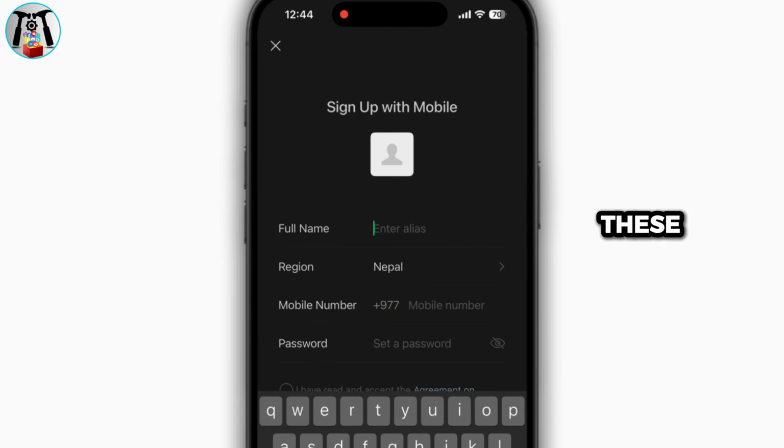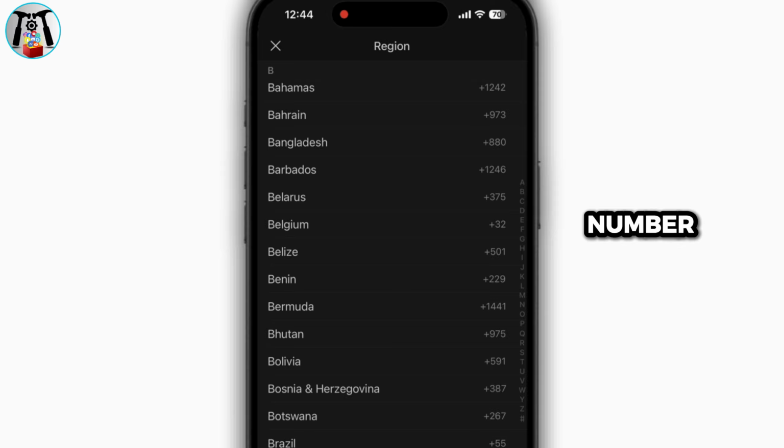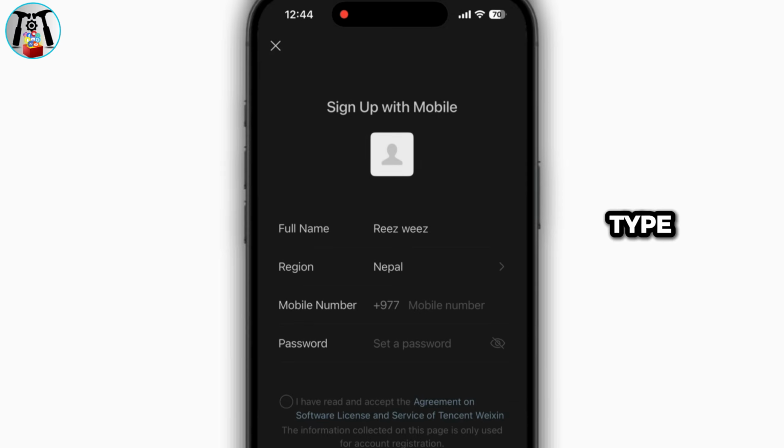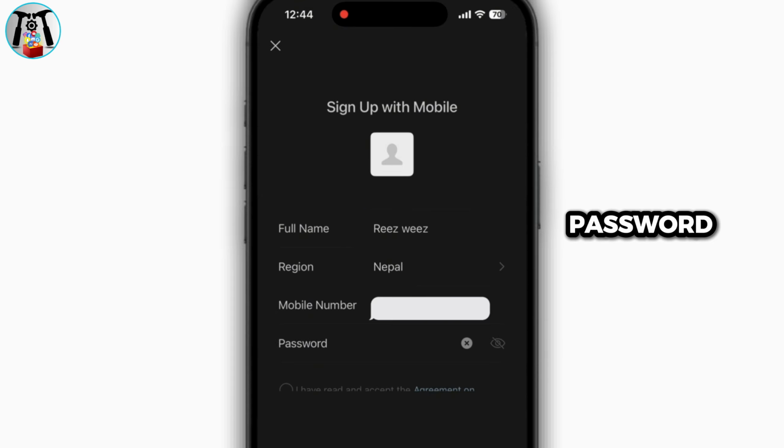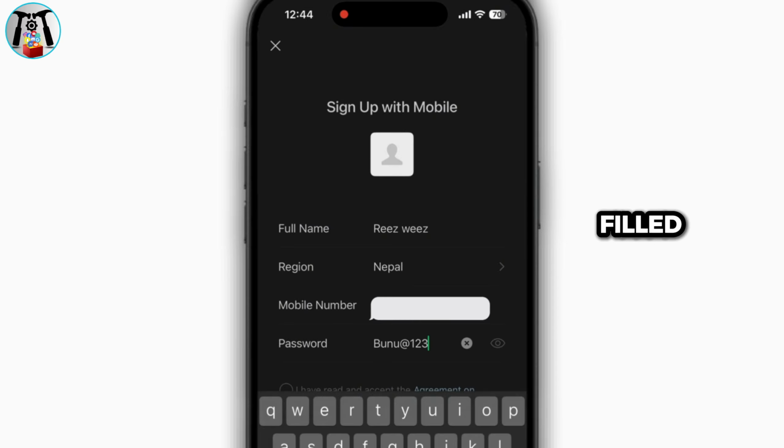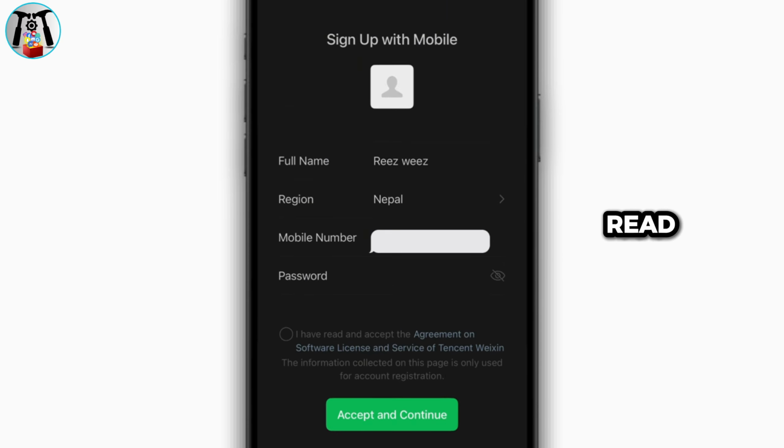Now you'll need to fill in these details. Type in your region, then select the reason. Next up, type in your phone number, then generate the password for your account. Once you have filled this, check the option to read and accept the agreement of WeChat, then click on